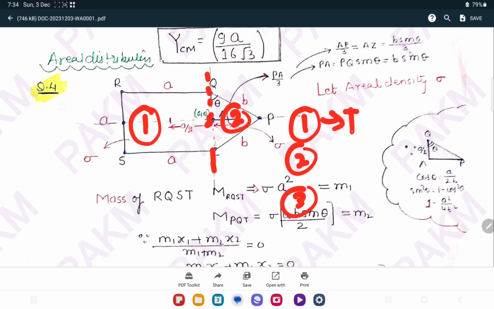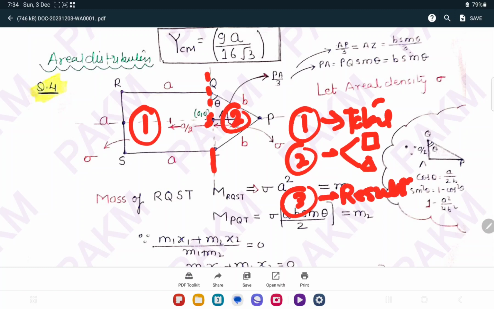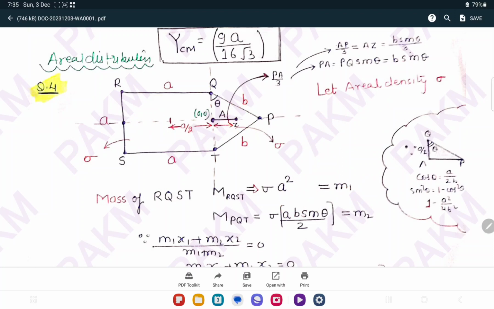Point number 1 is the total body, point number 2 is what cavity is drawn, or the given shape. Like here two shapes were there: shape number 1 is a square, shape number 2 is a triangle. So this is the second case, and 3 is the resultant. Once we are looking for the resultant body, where its center of mass will be located, these 3 points you consider for a compound body. In this given problem, body number 1,